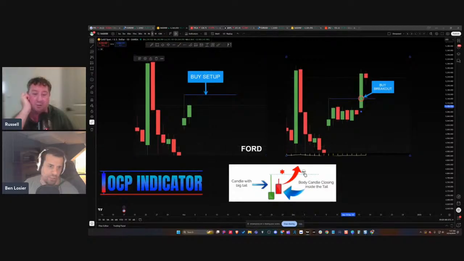I know in the strategy I have that we want to have some volume, right? So we want to have volume at these levels, because if you don't have any volume, this could just be a whole lot of nothingness. Yeah. And so there's a little volume indicator right here, which I cut off, but essentially you see that big, strong upward movement with volume. That's what you want to see with something like the OCP.